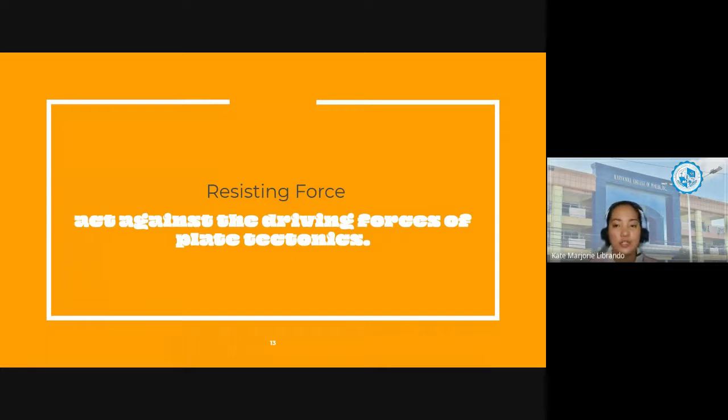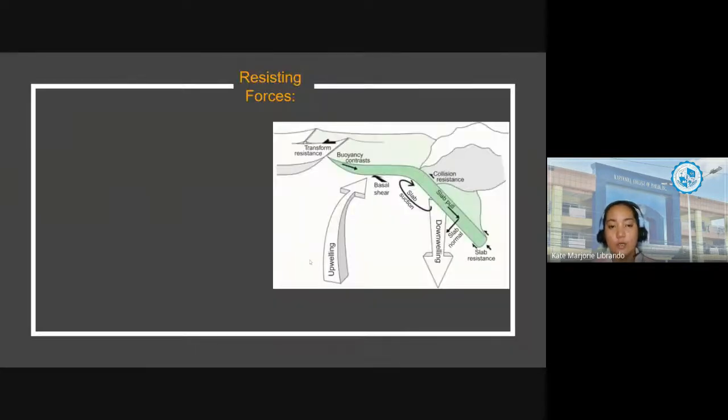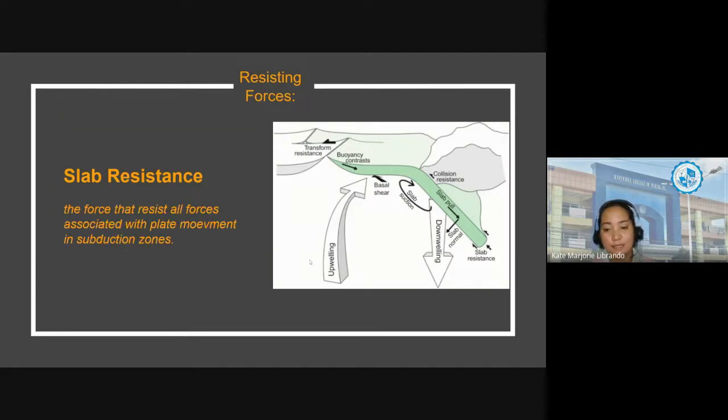Now in relation to real life situations, this resisting force is like a contrabida. Okay, so this resisting force resists all the forces created by the driving force. Now let's learn what are those. We have first the slab resistance. Now this slab resistance is the force that resists all the forces associated with the plate movement, including the